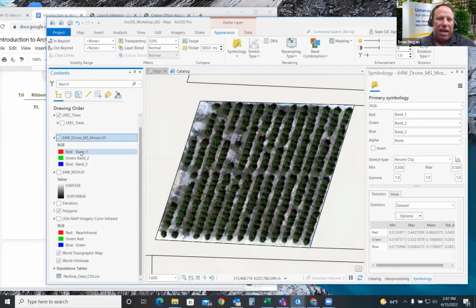This is displayed in 3 bands. So red is displaying band 1, green is band 2, and blue is band 3. Here's the problem, and this is in the metadata, but the band order isn't correct.